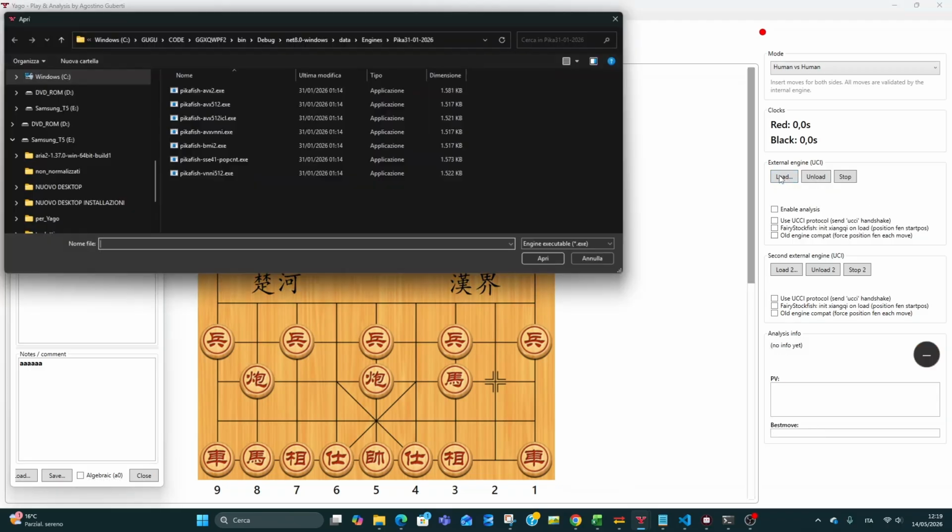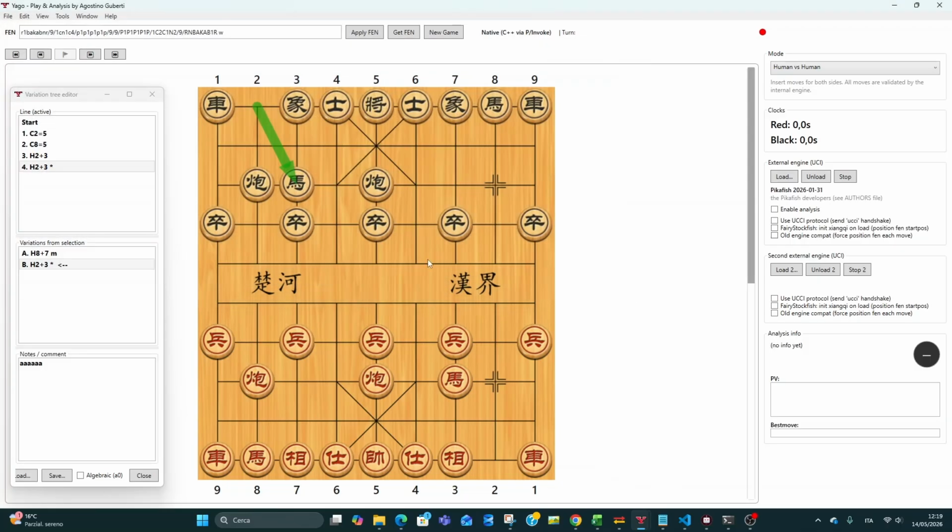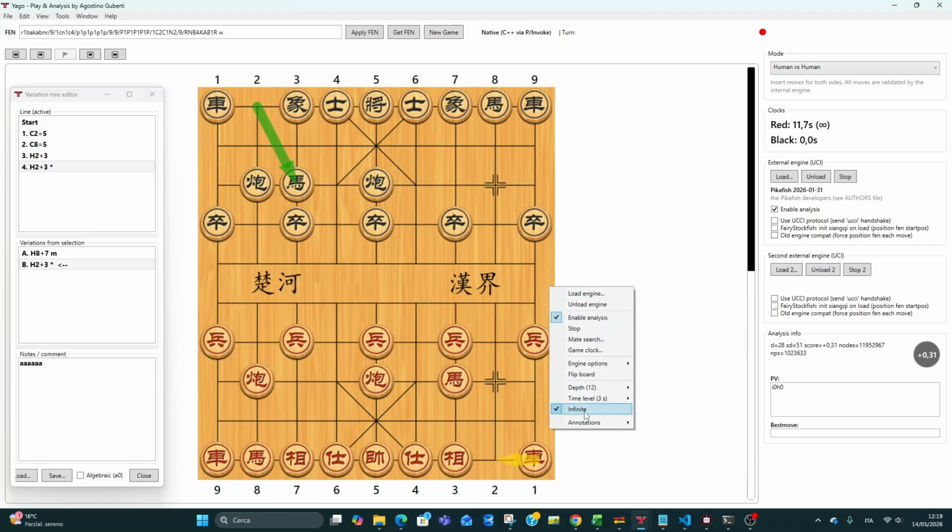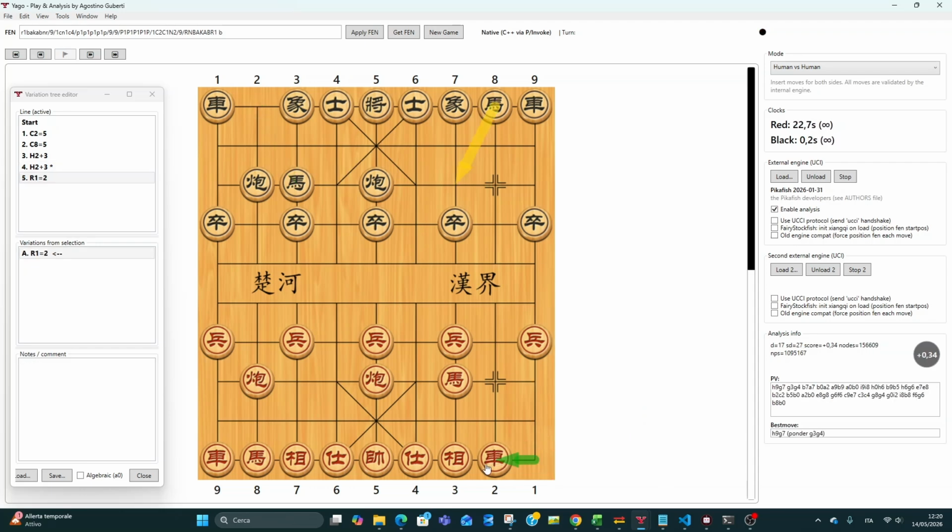For example, load an engine, okay, let's say Pikafish, and after you enable the analysis and it will show you which move it will play. Of course, you have to give it the depth. You can set the depth. You can set the time, or you can say infinite. And so, for example, this, and it will show you the moves